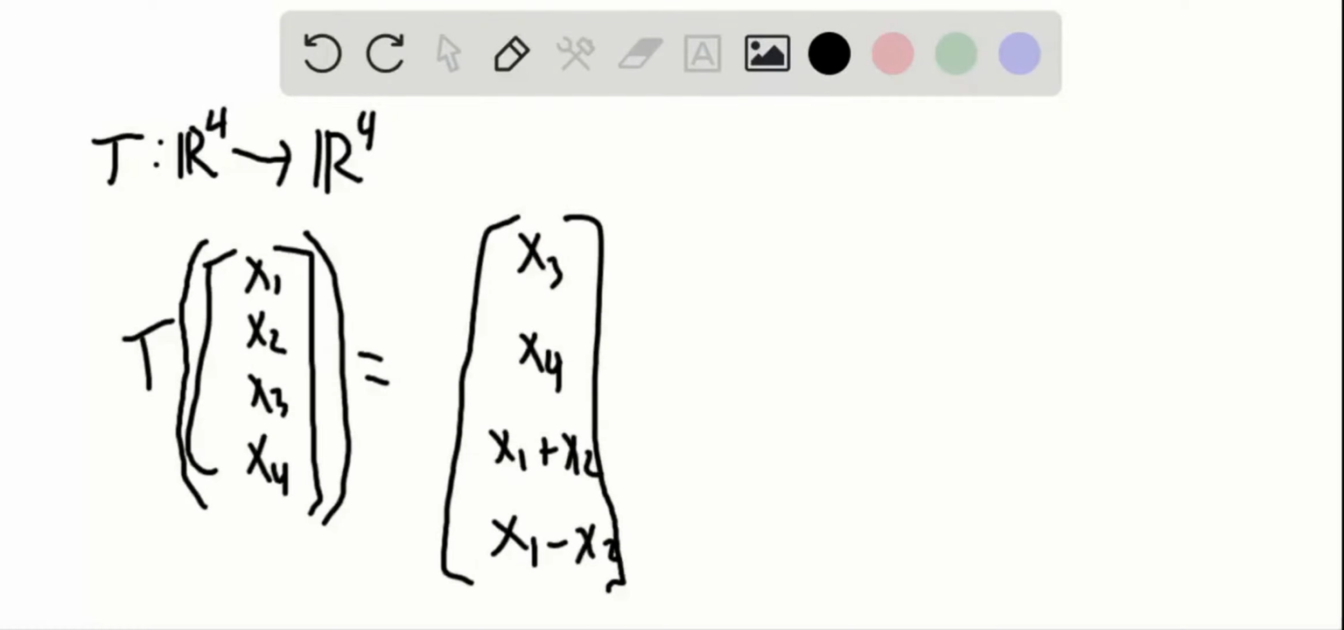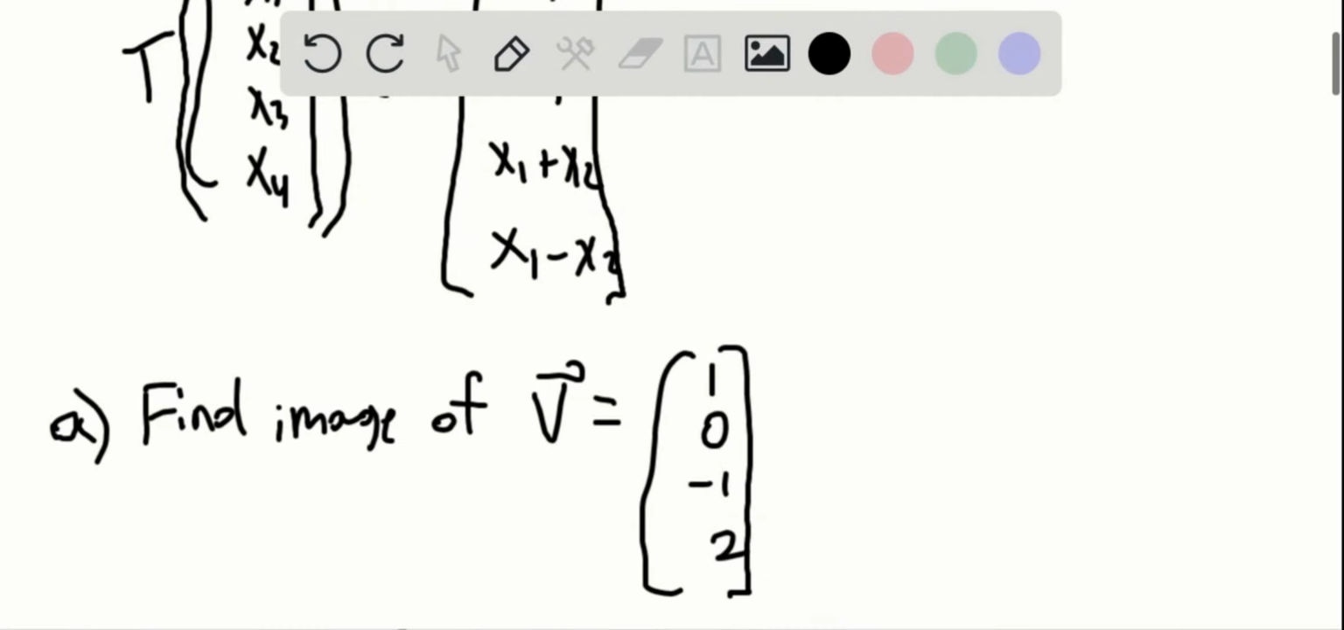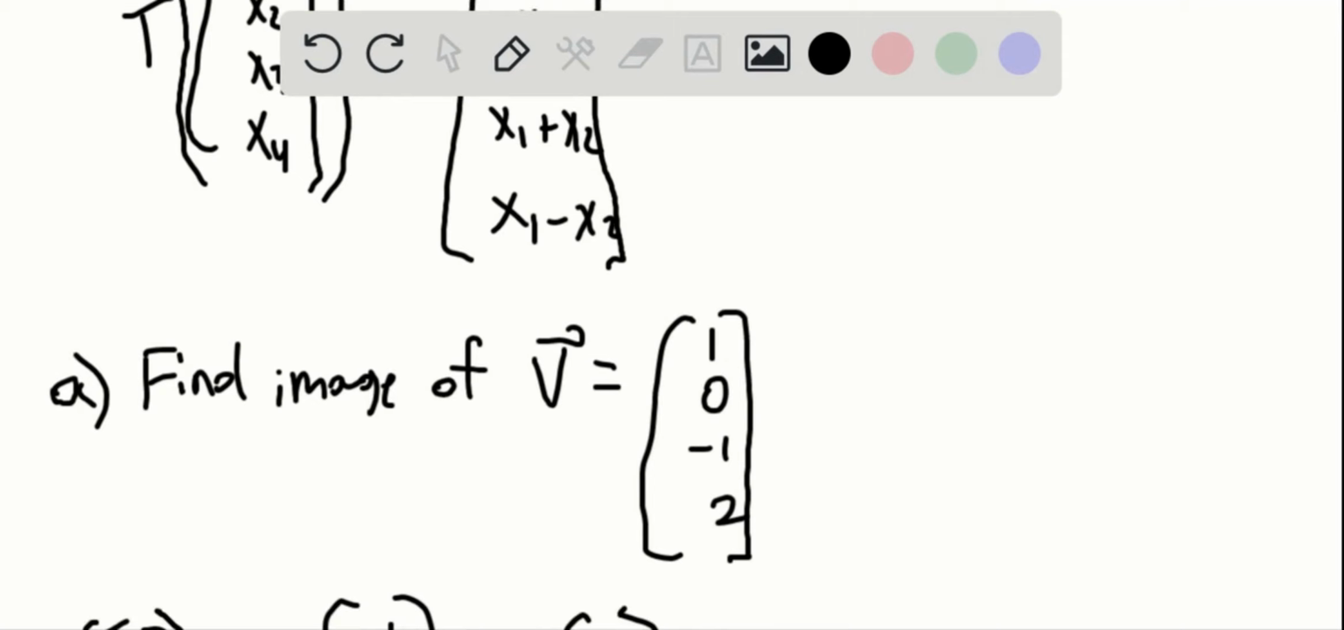So here we're given that we have our transformation T, which maps from R4 to R4, is a linear transformation where we have T of x1, x2, x3, x4 is equal to the vector here, x3, x4, then x1 plus x2, and x1 minus x2. So for A, we're going to find the image of our vector v, which is equal to the vector 1,